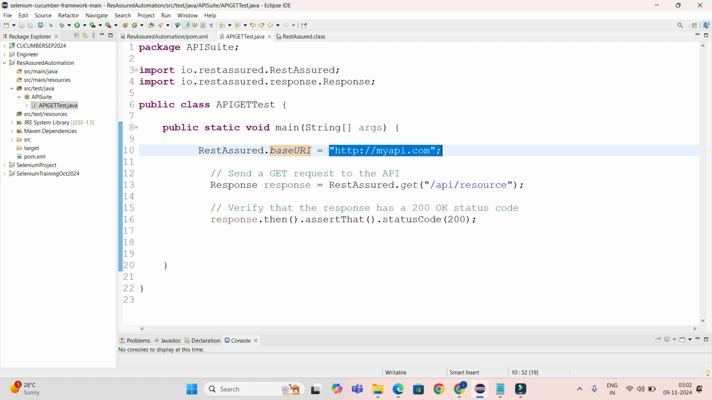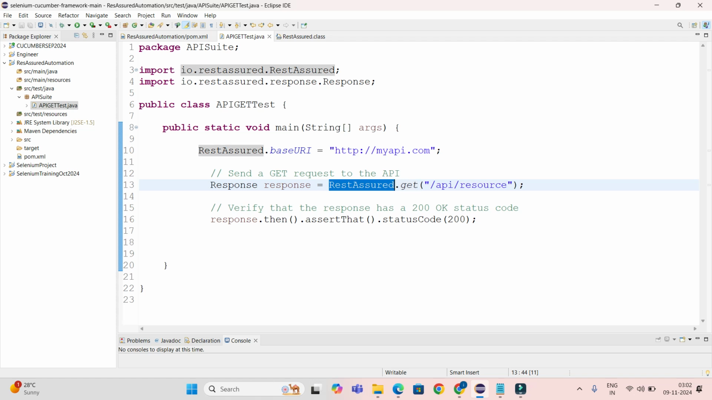And once you update the base URL in the baseURI, you have to use a Response class. With this Response class, I create an object. In response, I am getting it by using the get method of RestAssured. I'm hitting this endpoint. Whatever response you get when you hit this endpoint, I'm storing in this response object. Okay, till now you understood? Any doubt,